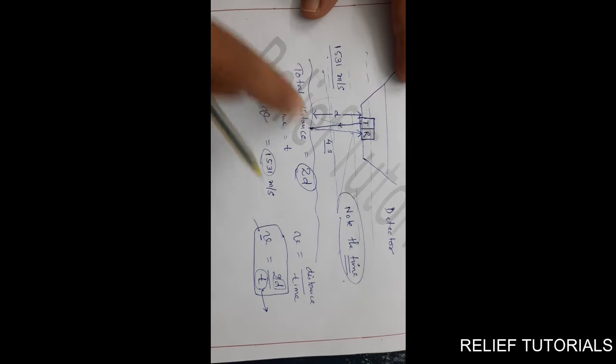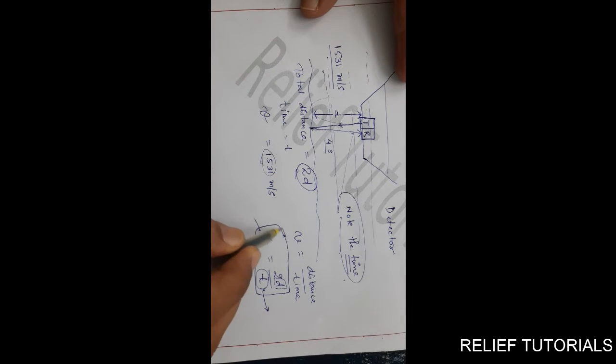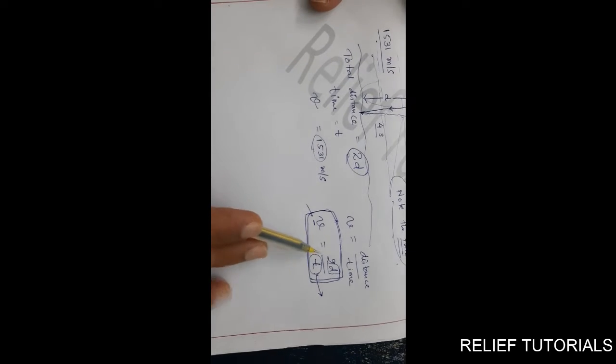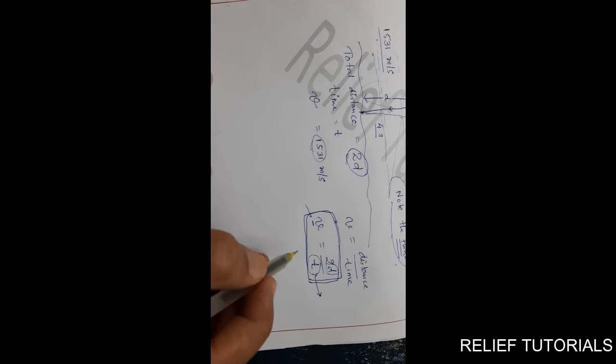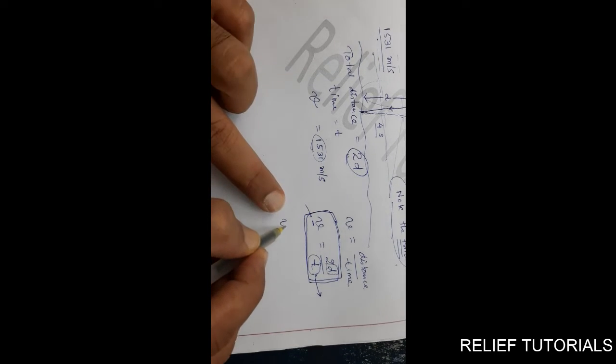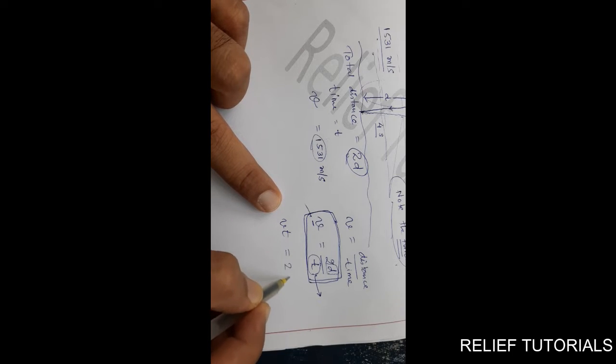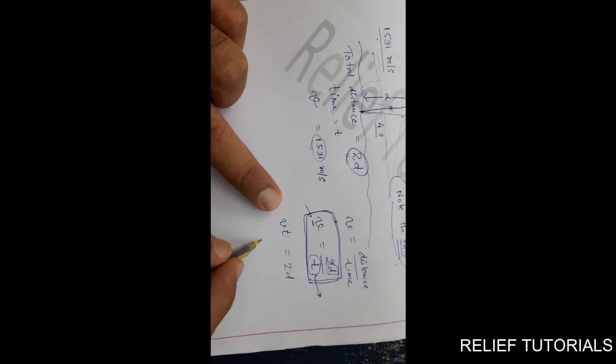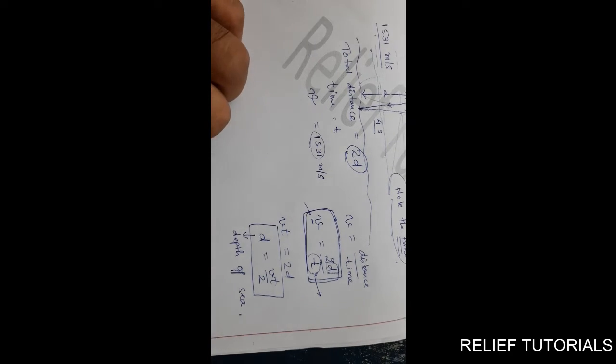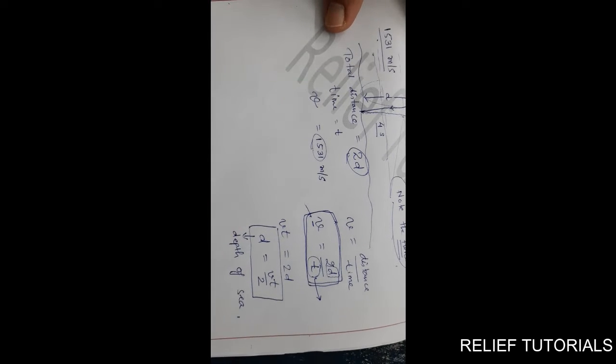Let us solve the example which we have taken here. According to the formula, v is equal to 2d by t. D is missing here, so we can frame the formula for d from the given information. T will be taken to the numerator. So v into t is equal to 2d. Therefore, d is equal to vt by 2, and this is a very important formula. Here d means depth of sea.